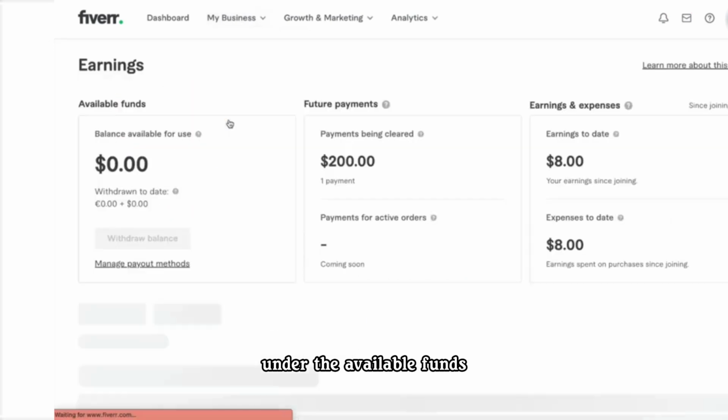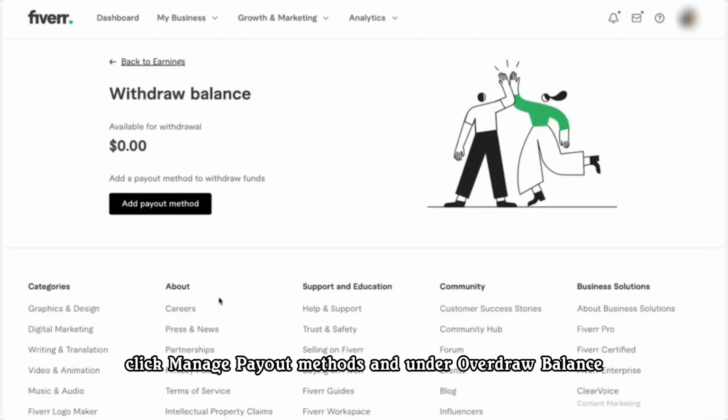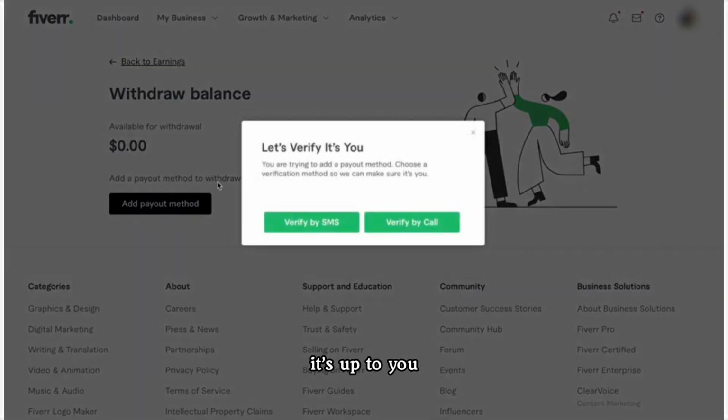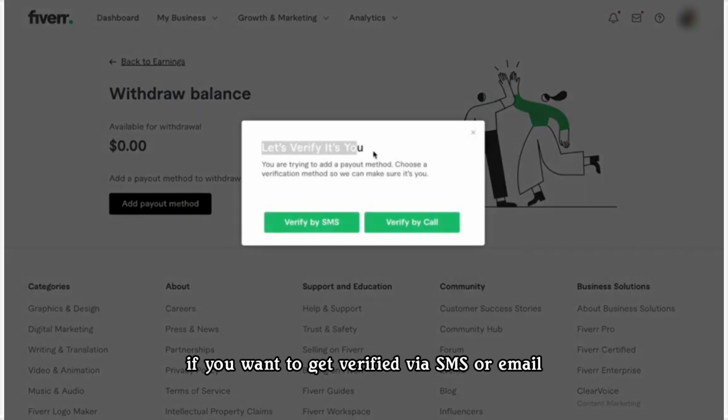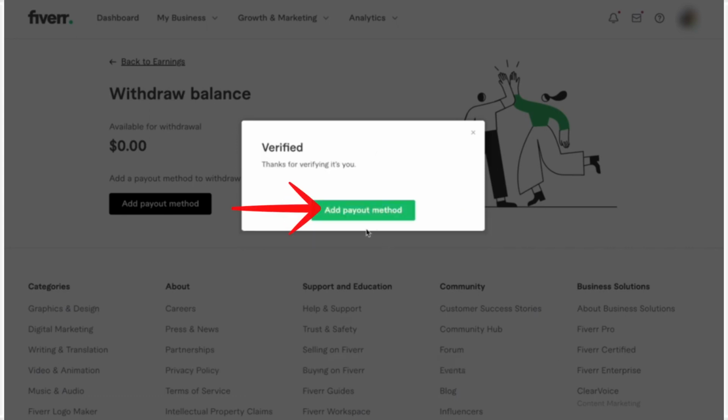Under the available funds, click Manage Payout Methods, and under the withdrawal balance, click Add Payout Method. If Fiverr wants to verify you, it's up to you if you want to get verified via SMS or email. Enter the code that has been sent to your phone and click Submit Code to get verified and click Add